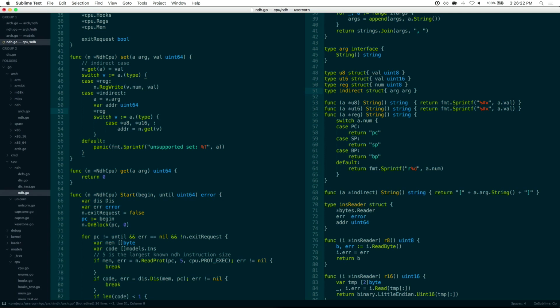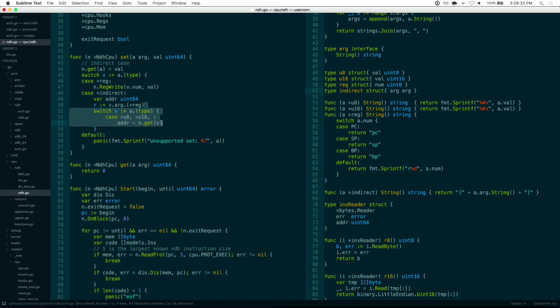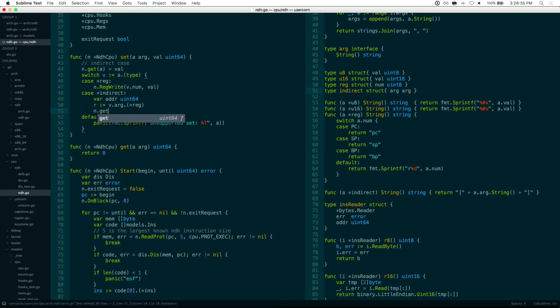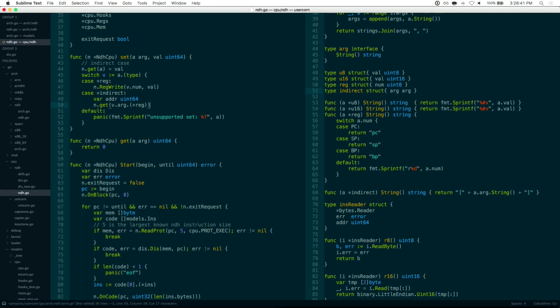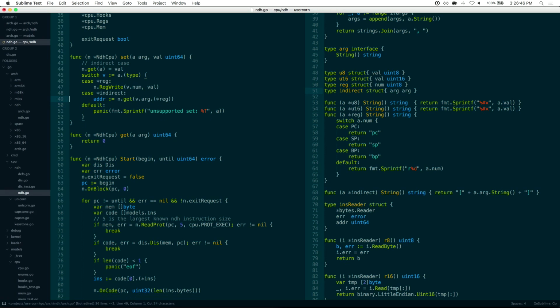So, R is, this will just panic if it's not actually a reg. It's v.arg.reg and.get R. Actually, just keep piling on the parentheses here. It's adder is that, and then